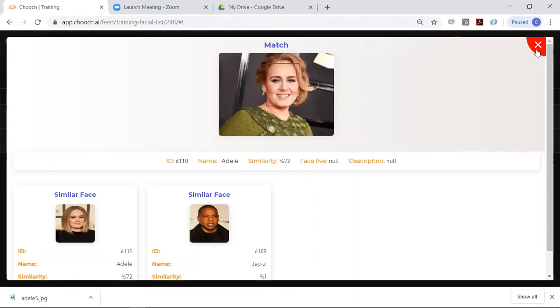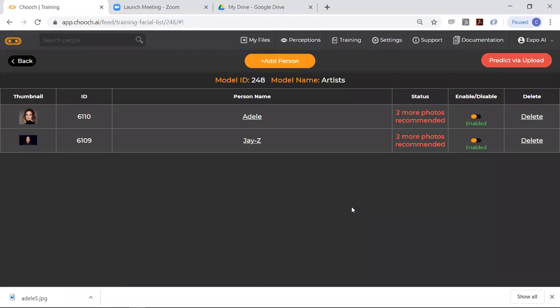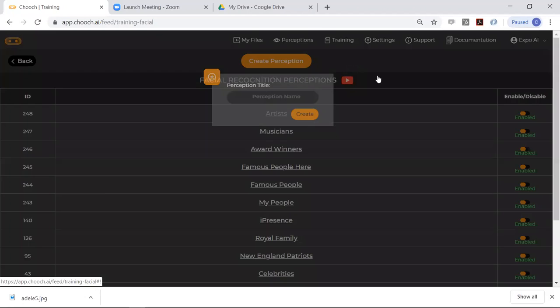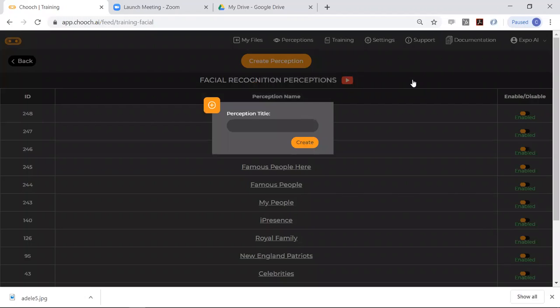And here you can add as many people as you want. You can create as many perceptions as you want. The perceptions are anything from your organization to a community or any type of group of people that you want